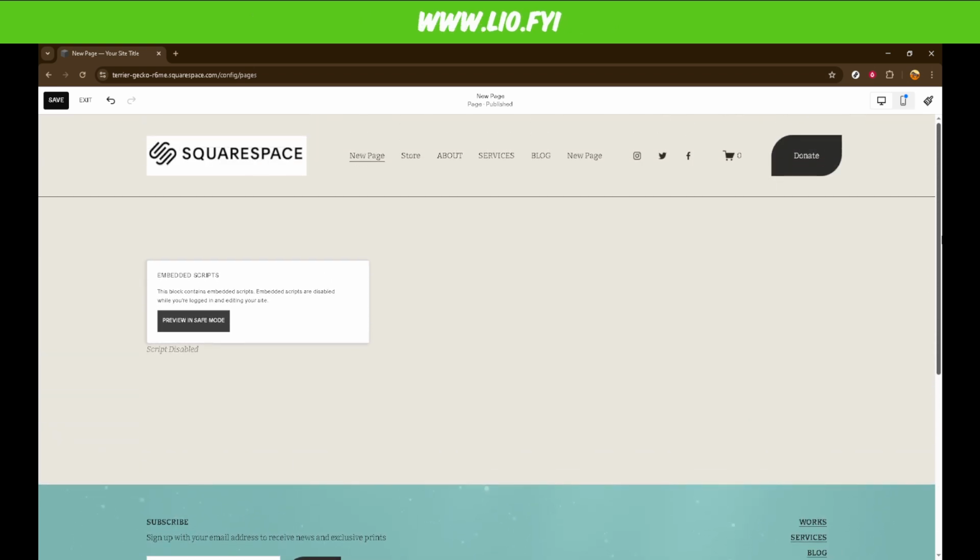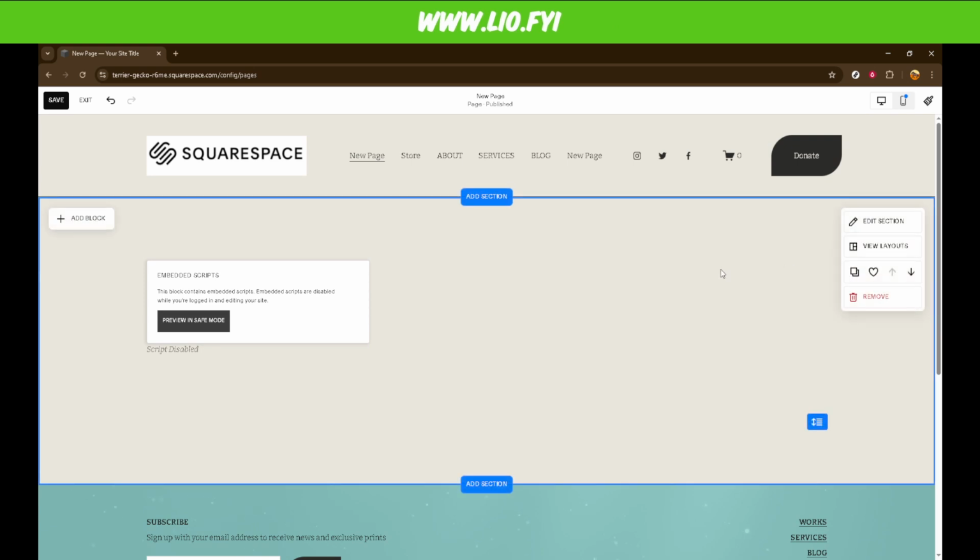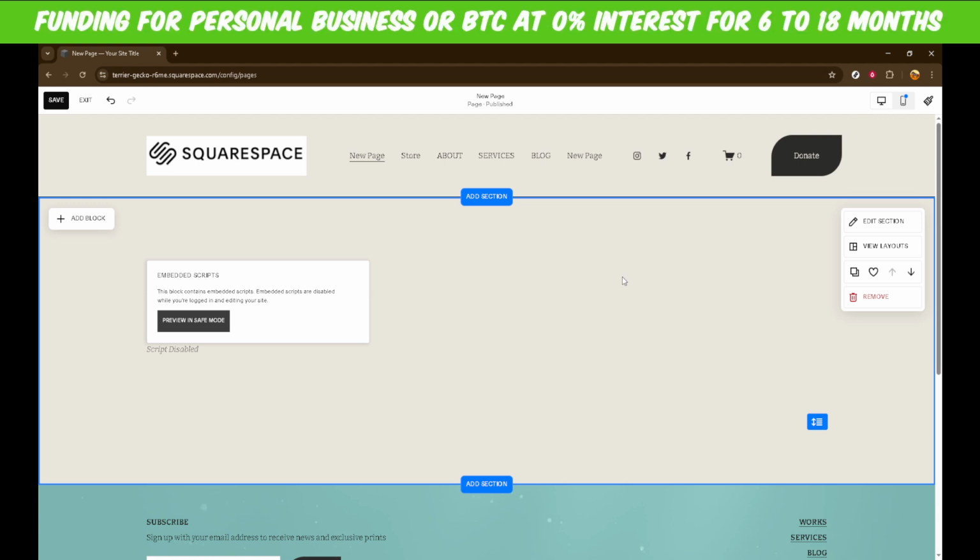Next, scroll through your pages and choose the block you intend to duplicate. A block in Squarespace is any section that holds content like text, images, or forms. Click on the specific block you want to work with. This will open up the editor for that block, giving you an up-close view of the content and settings.